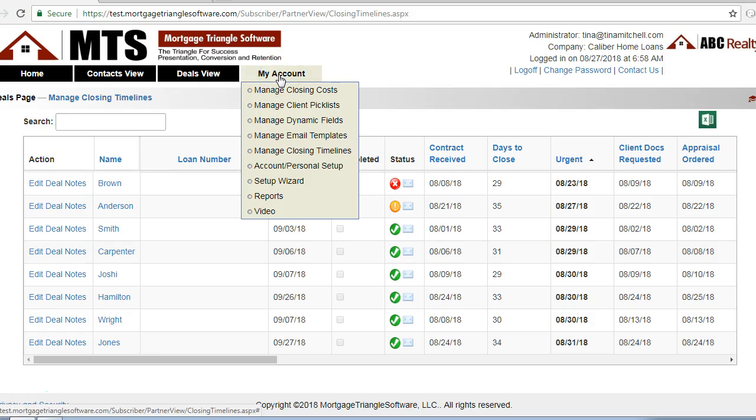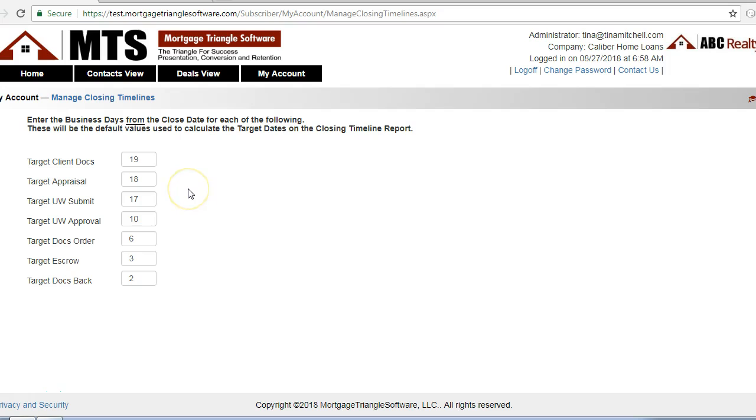Now, if we go up to My Account, in the setup wizard that you originally set up, you would notice that there was a closing timeline to manage those dates, but you can go back to it right here from My Account. And this is where you're going to set up when you want these target dates to show to manage these milestones. Now, if you notice here, MTS is based on business days from the actual close date. So it doesn't count holidays, but it does manage based on business days. So here are the milestones that MTS will